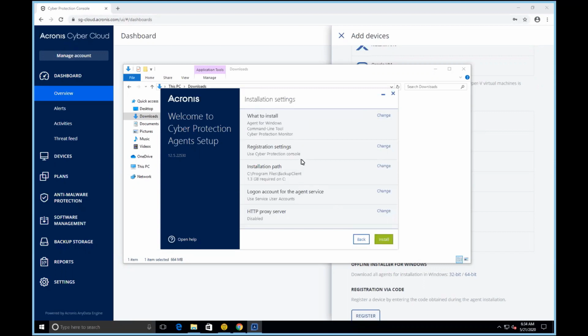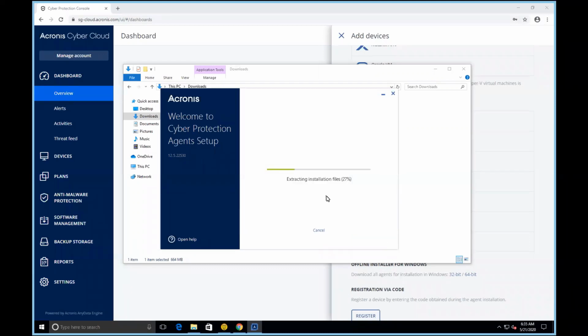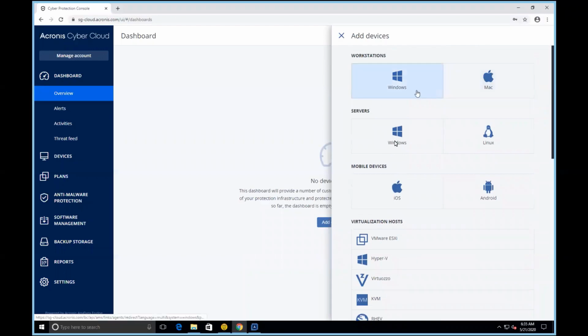I'm going to do that. Installation path I'm going to keep as default. Also, I'm going to use the default service account. And I'll go ahead and install that. Again, this offline installer contains everything, so it does not need to download anything during the process. At this stage, if you use the smaller online installers, the one that I showed you at the top, like this one or this one,